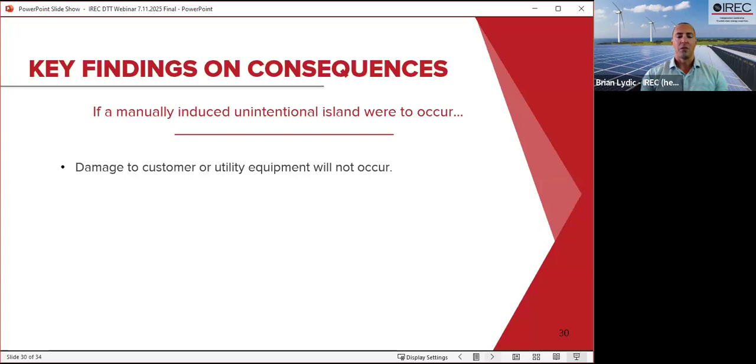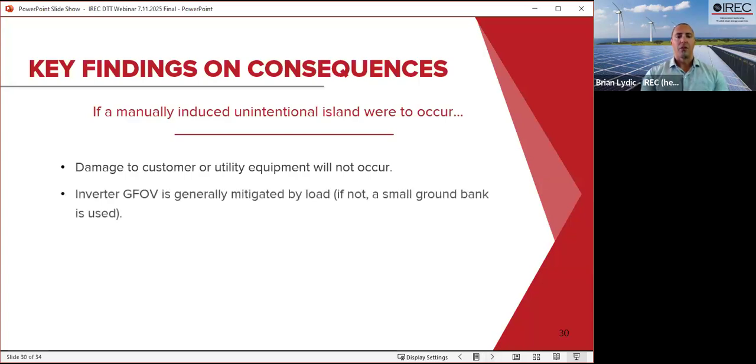And so you might have loads being fed for a little bit longer than they normally would be, which actually keeps the customer loads on. But they're not going to cause damage to those loads or to the utility equipment that's on that island at the same time. Also, ground fault overvoltage won't occur because it's been mitigated by load or taken care of via a grounding bank if there's not enough Y-connected load. And that can be done in the interconnection process where you can identify, okay, is there